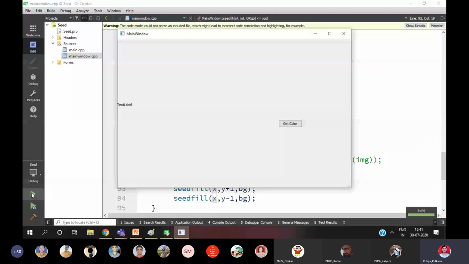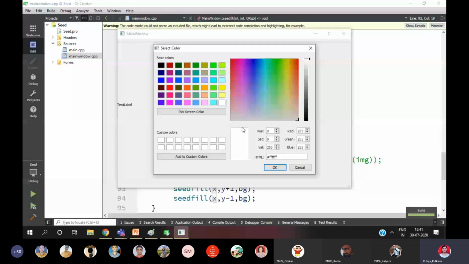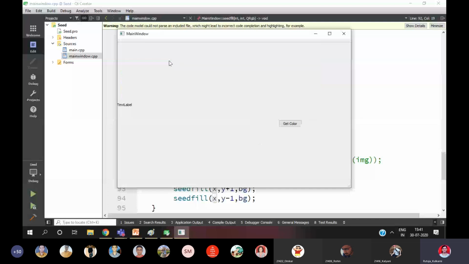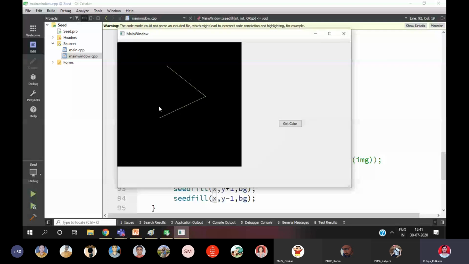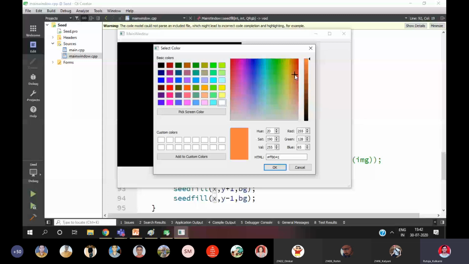Yeah. So here I can choose a color of my choice. This particular palette is available in Paint as well, if you know, right? Let's say I am drawing with any color you can choose. I am drawing with the mouse clicks. If I right click, the polygon gets closed. Whether you want different boundaries, we will try that as well. Currently I have chosen the same color for all the edges.